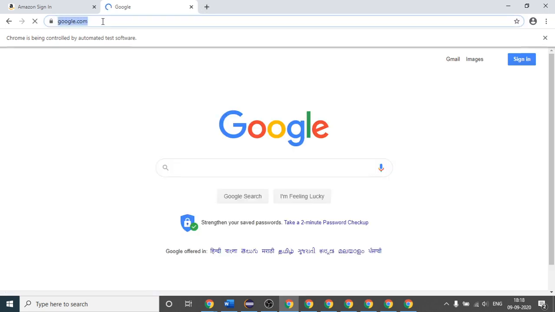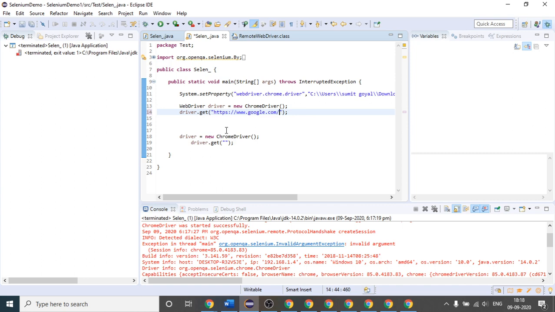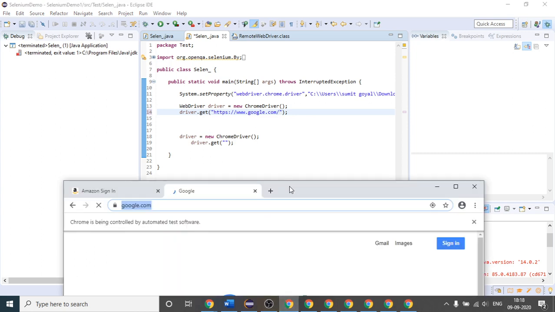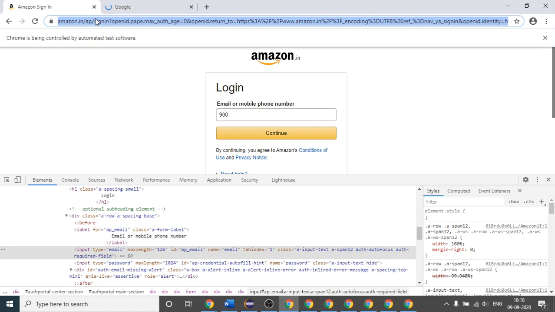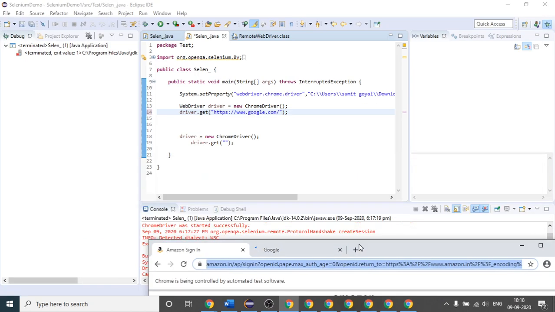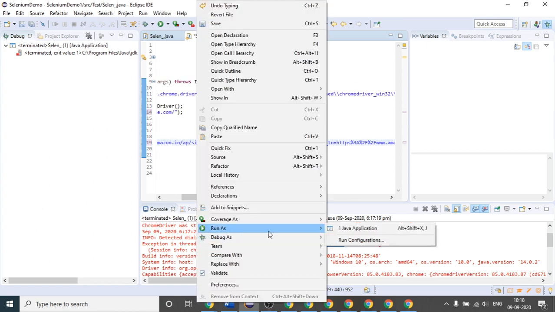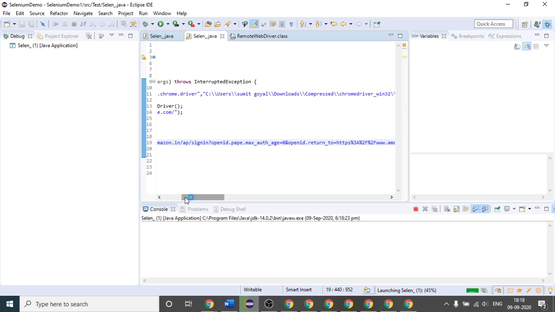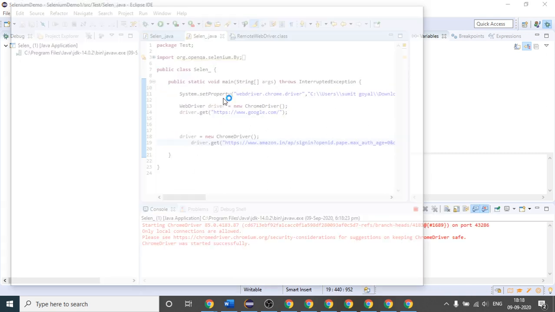I will copy this and put google.com here, and suppose I am opening one more website, let's take Amazon only. Now try to execute. This time it should open google.com in the first browser.